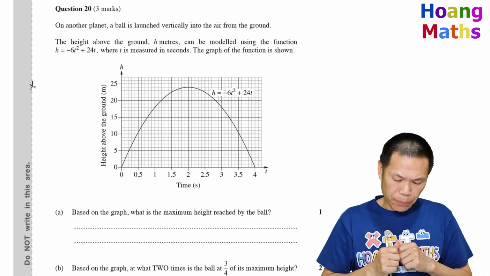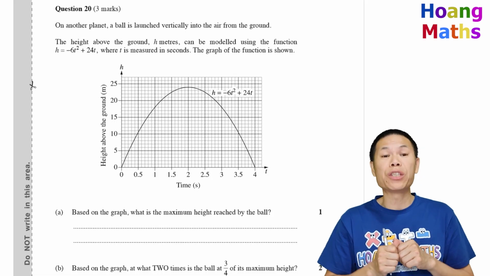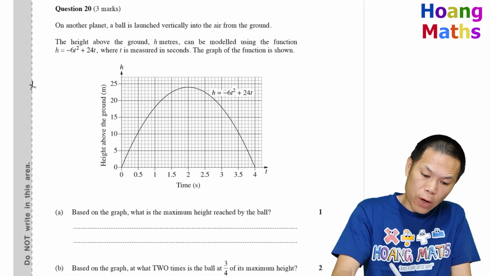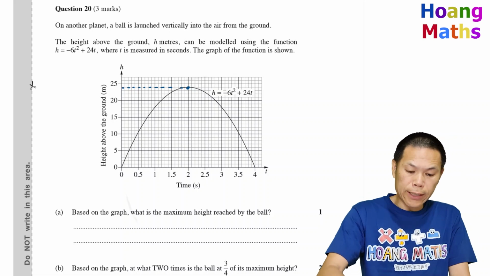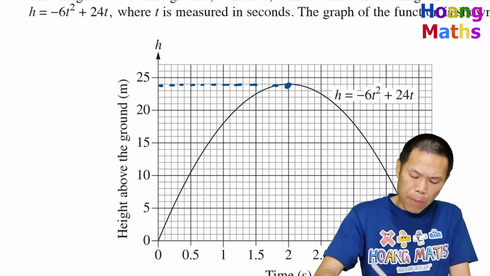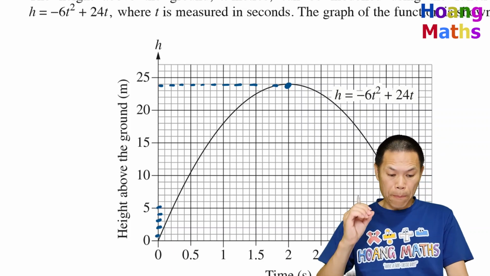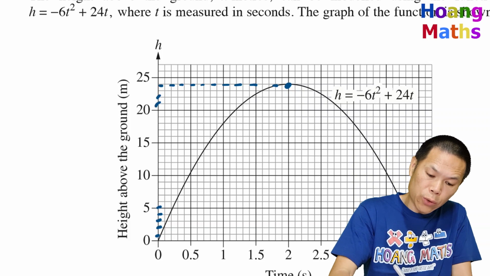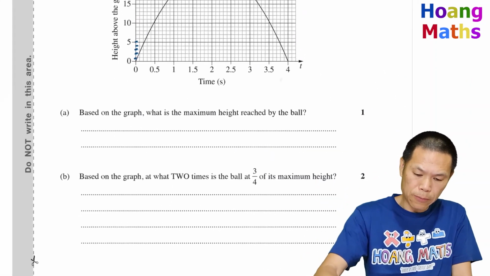Question 20. Based on the graph, what is the maximum height reached by the ball? We know that the maximum height is right here, just below 25. You can see here, it's going up by 1, 2, 3, 4, 5, so it goes up by 1 meter. Therefore, 20, 21, 22, 23, 24. So 24 meters